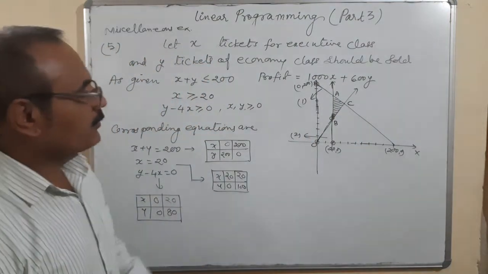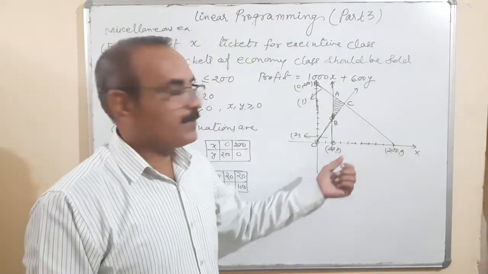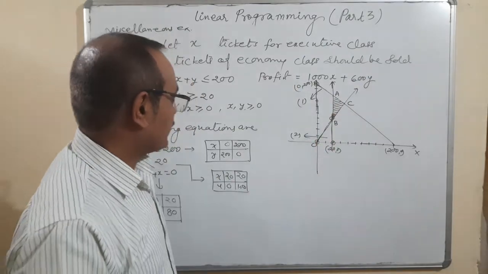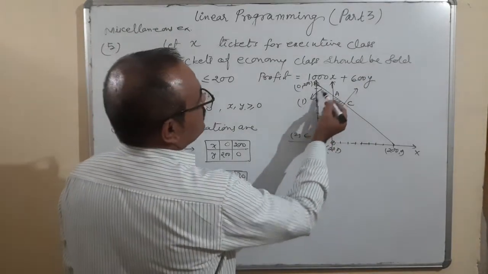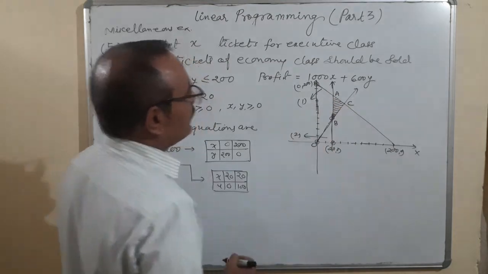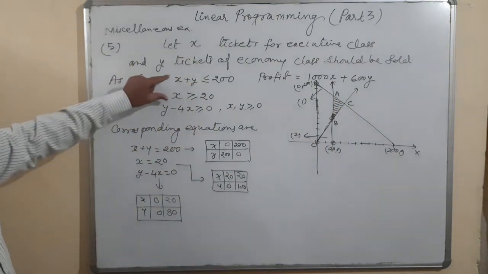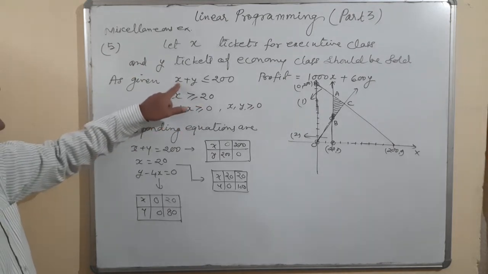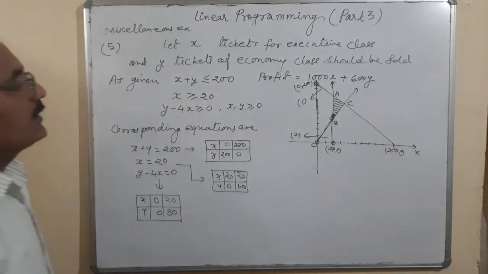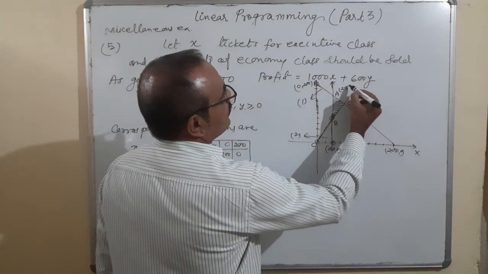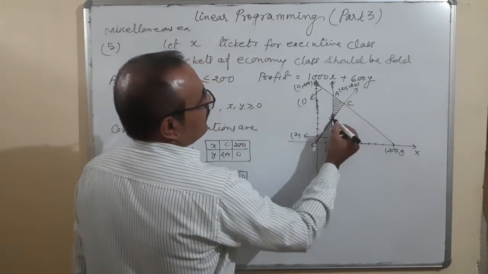Okay, on your graph paper, you don't have any problem. Simply you can write the points of A, B, and C. But here I want to check which points are coming here. This is first equation line, that is second equation line. First and second both the equations are intersecting here. So x is equal to 20. When I put x is equal to 20, y is equal to 180. So it is 20, 180. Okay. Let us see this B.